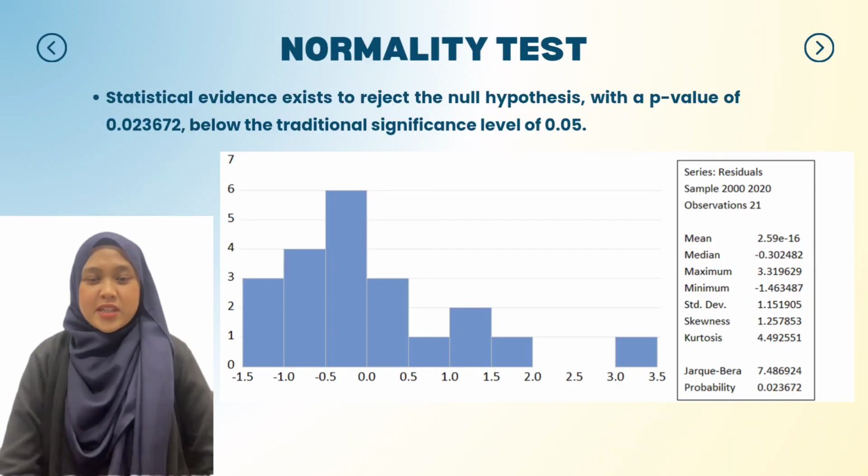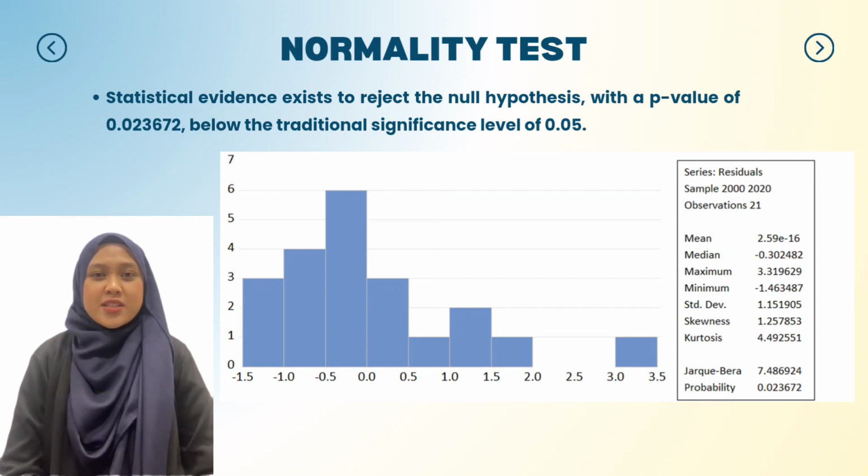Next is the Jarque-Bera test, which is used to determine whether a sample is normal. It looks at whether the sample data's kurtosis and skewness fit a normal distribution. The test's null hypothesis is that the distribution of the data is normal. The test statistic is compared to a two degrees of freedom chi-square distribution, which is based on the sample skewness and kurtosis. The sample's normality probability value, the p-value, is